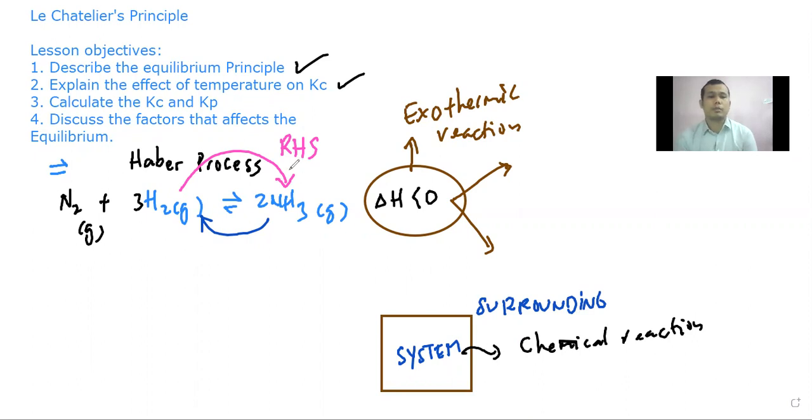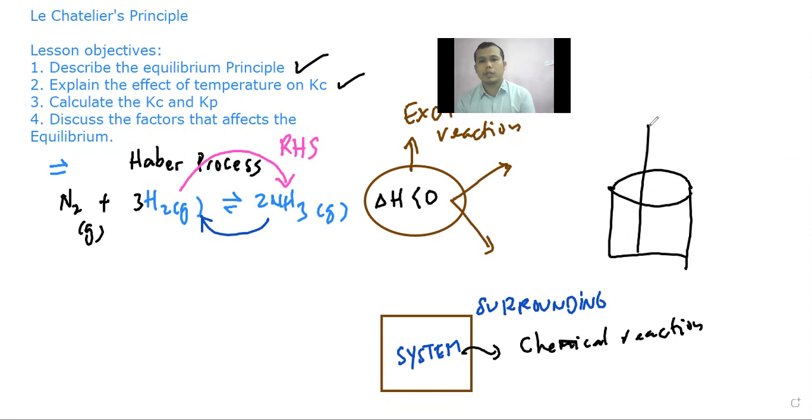So the system is the nitrogen, hydrogen, and ammonia. If you conduct this experiment using, for example, a beaker glass or a polystyrene cup,